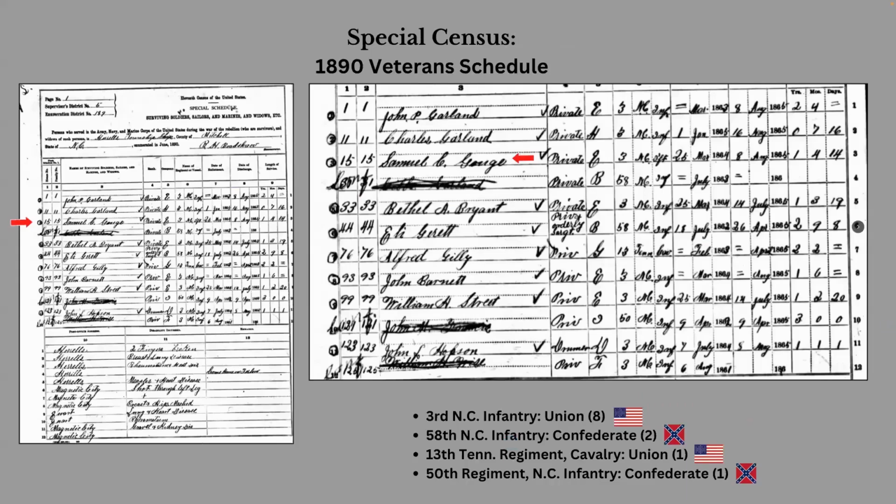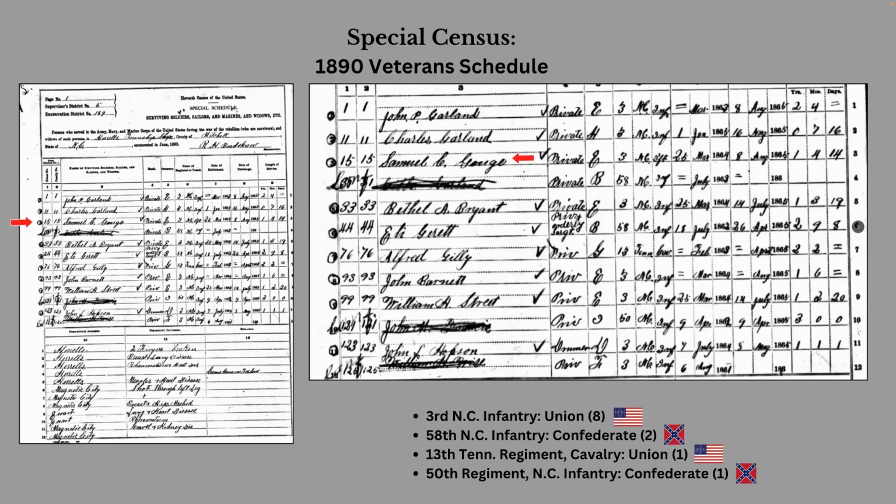There are additional schedules or special censuses that include additional information, like the 1890 federal census we know was destroyed, but there is an 1890 veteran schedule that provides fantastic information. However, here's a caveat. All the veteran census from Alabama to half of Kentucky were destroyed. But if your ancestor lived in a state from half of K on, like Tennessee, North Carolina, Virginia, you are in luck. This records persons who served in the Army, Navy, and Marine Corps of the United States